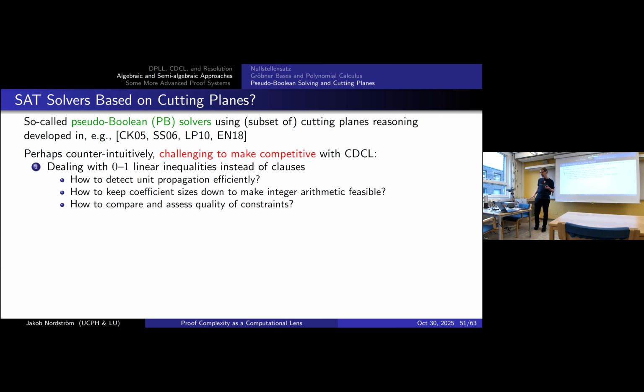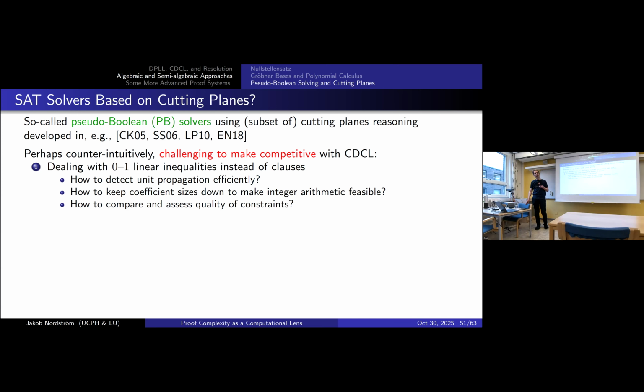We don't really have time to talk about this, but one thing that happens is that a lot of the data structures and heuristics get more complicated. Clauses are simple objects. 0-1 integer linear inequalities with arbitrary integer coefficients are much more complex. A SAT solver spends a lot of its time just detecting forced variable assignments, so-called propagations. That's much more expensive for linear inequalities. Also, when you're computing, you don't want the integer coefficients to explode,